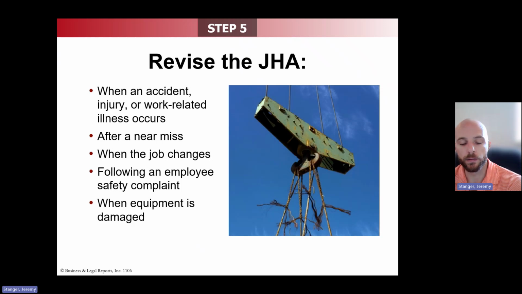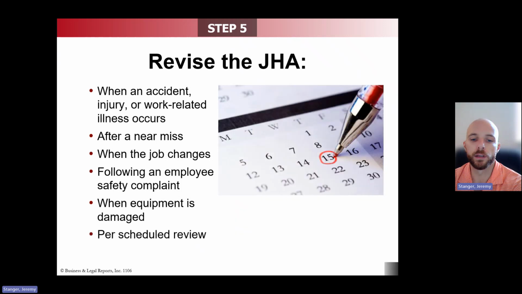Again, like I stated in the first thing, it could be property damage, environmental release, whatever it might be. We can definitely need to revise or revisit the JHA and review it with the staff involved. Of course, scheduled review. You always want to try to review these at least annually, depending on how frequently they are